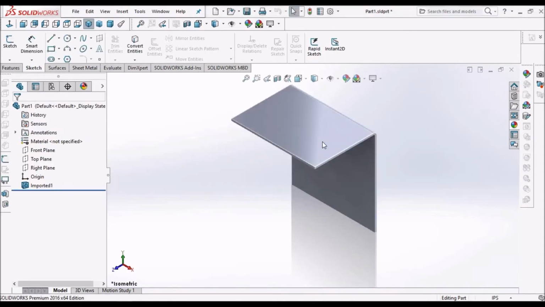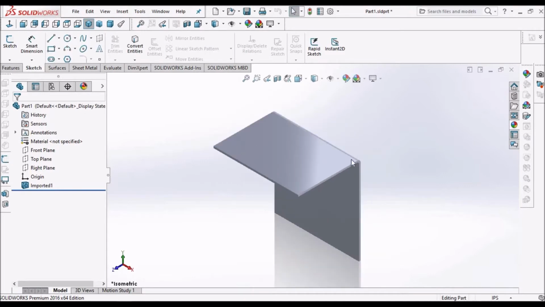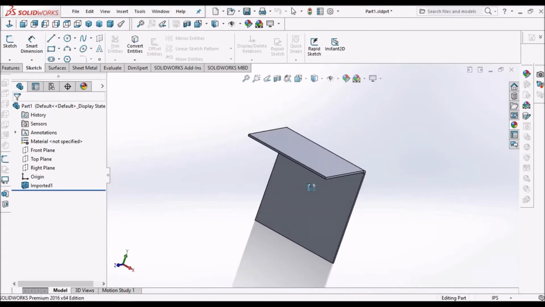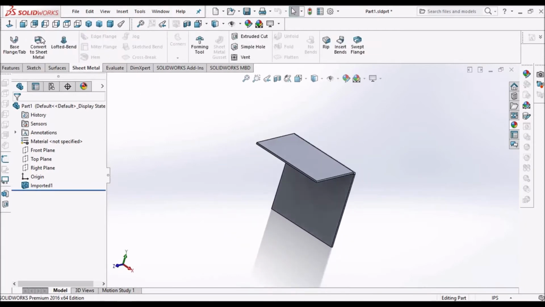Say no. So here we have a simple imported feature. I'll convert it into sheet metal using the convert to sheet metal option.